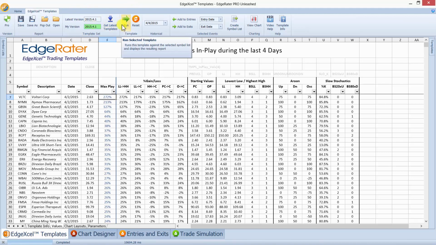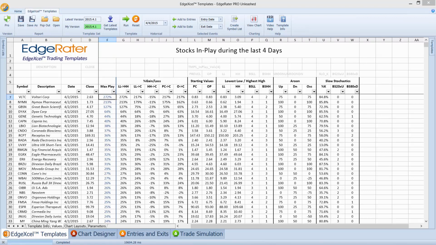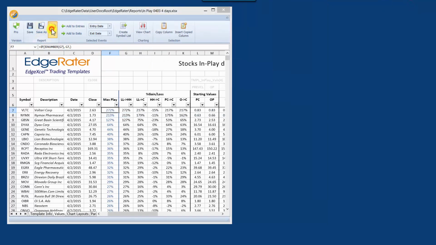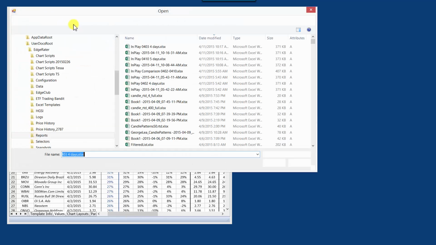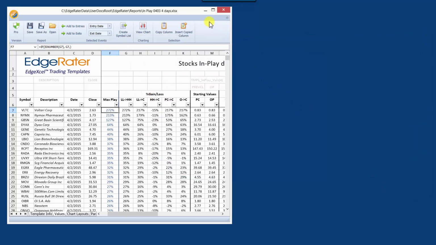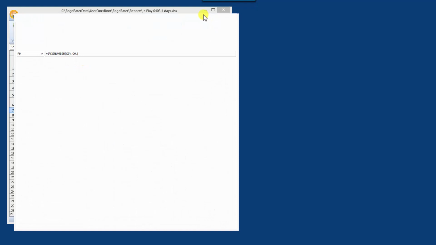What I'm going to do is pop out this template, so it comes up in a separate window. You can do that right now. That's not the feature. And what you can also do is open another one. So I've got on here, I'm looking at the 4.2, and I want to open up the 4.10 one that we ran. Okay, so now I've got